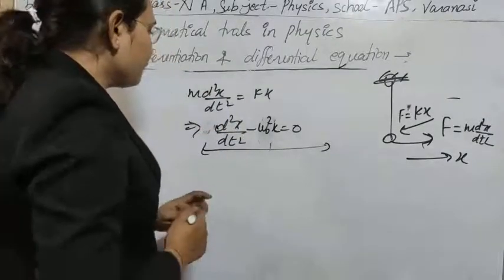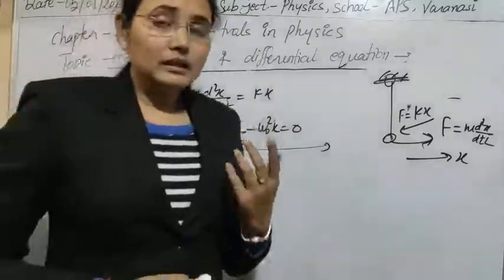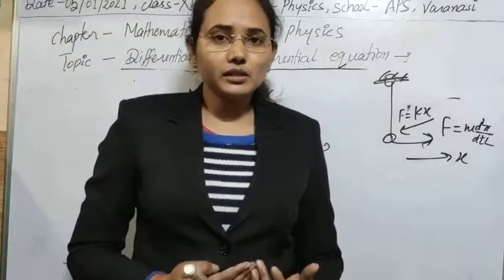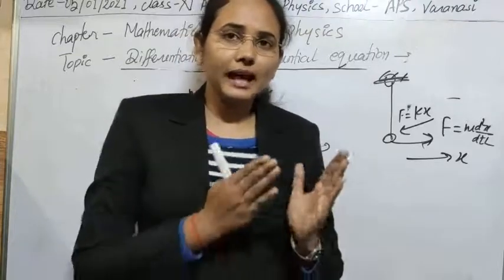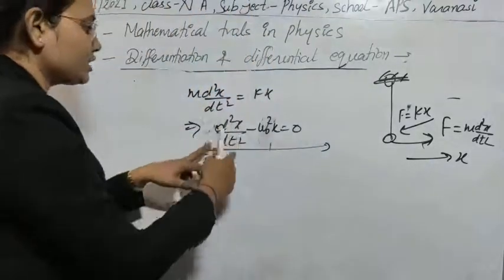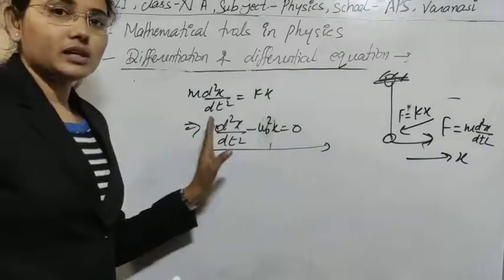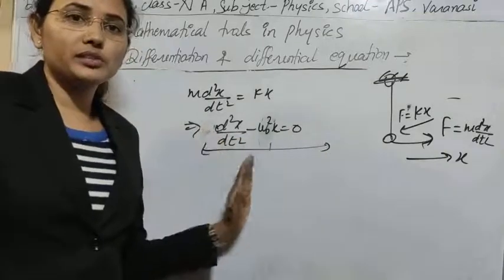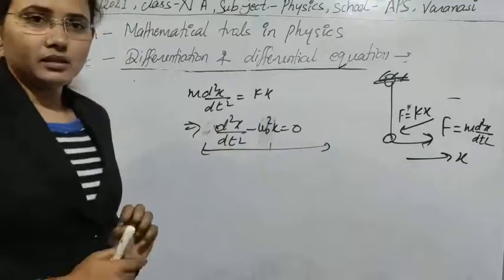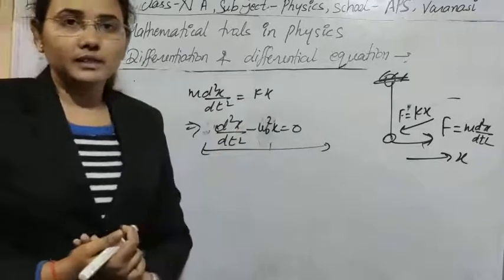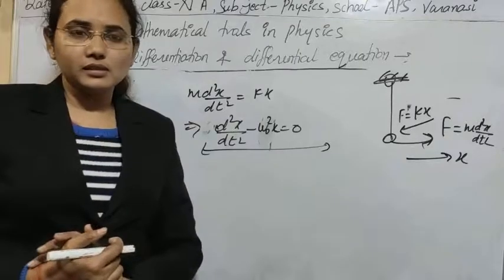So what is the differential equation here? As I just told you, a differential equation is one in which different orders of differentiation are present, meaning some functions that you have to differentiate are present in the equation. Here, as you can see, a second order differentiation is present in this equation. If you have such equations in which different orders are used, then they are known as differential equations. So I think, students, the differential equation is now clear. And now how to solve this differential equation is a difficult problem for us.